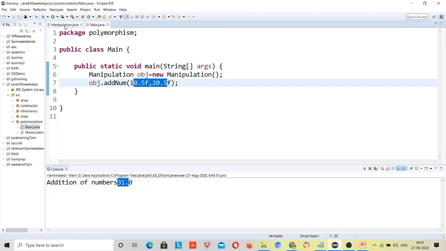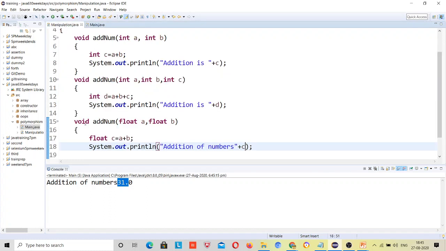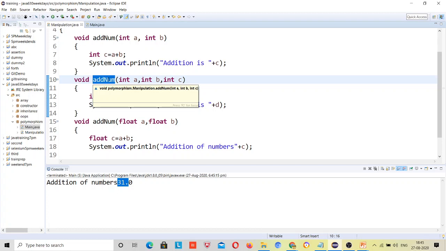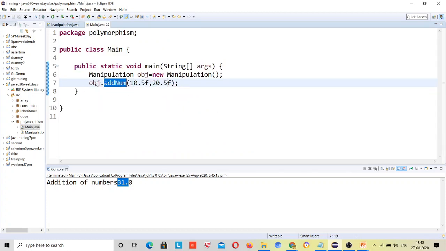So in this way you can see both have the same name, but one method is adding floats, one method is adding integers, and this one is adding three integer values. Method names are the same but behaving differently. The object is the same, this is the same object obj, but whatever values I pass, it behaves accordingly.